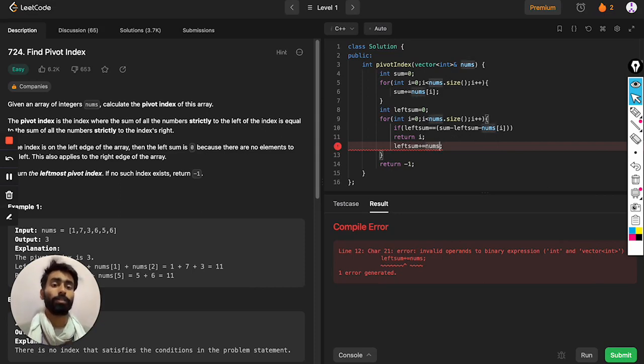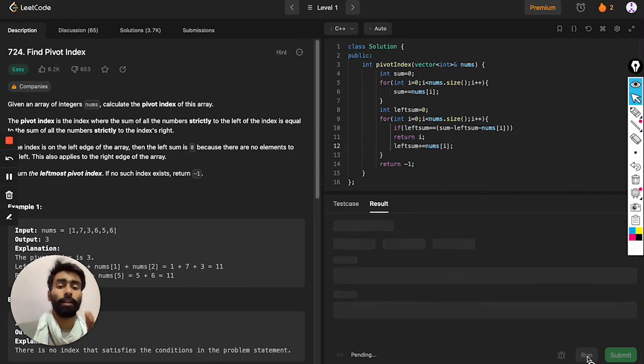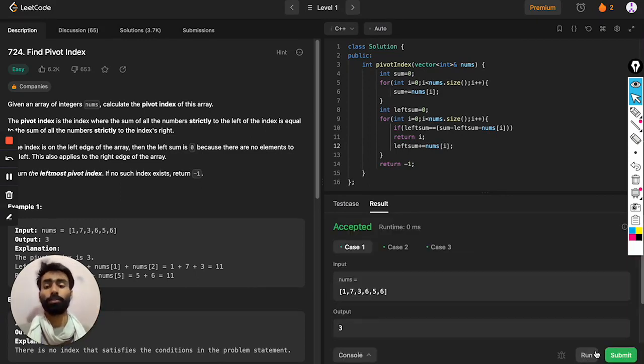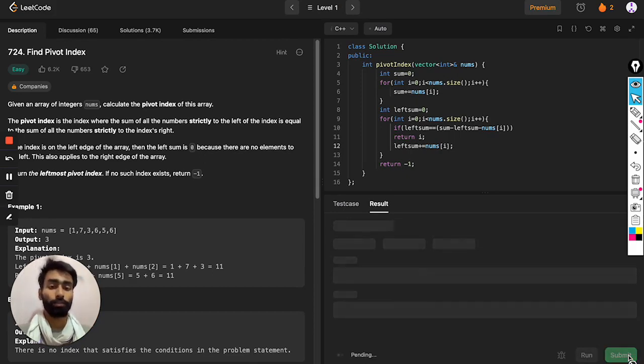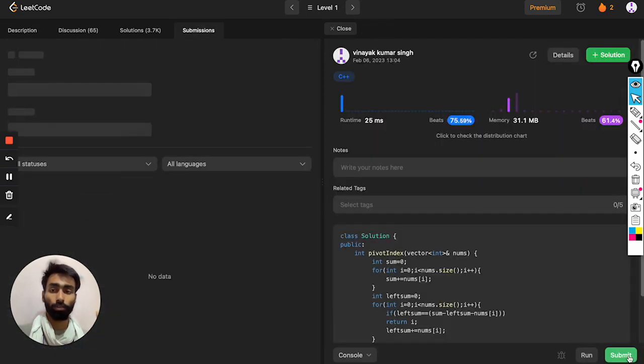Yes, of course, I also need to add the index. Each time I am adding, I just wrote the num. Sorry, yeah, so it compiled. Now submit the question and let's hope it works.